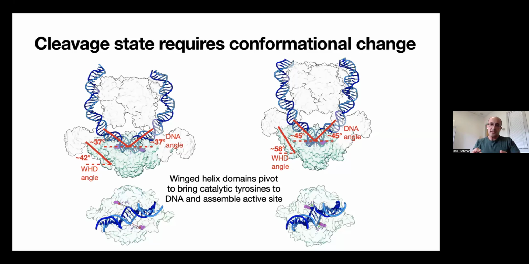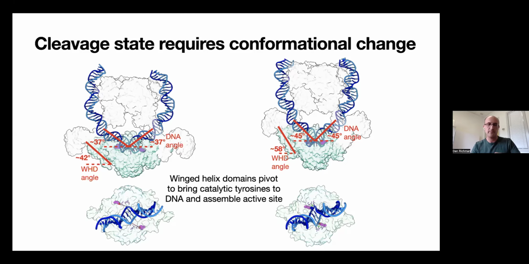They become an even tighter dimer and the stalks straighten, and that straightening is coupled with a slight pivot of the winged helix domain against the top rim domain. And that brings the catalytic tyrosine, which is otherwise about 10 angstroms away from the DNA, against the DNA and assembles the active site, allowing a catalytically involved metal and a few acidic coordinating residues to all come into play